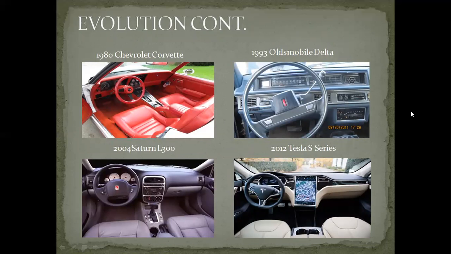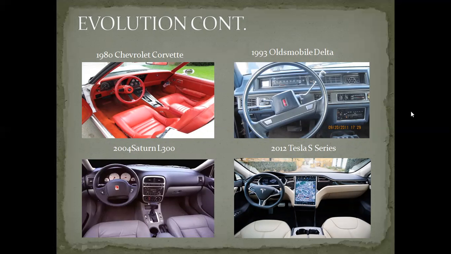So continuing with the observation of car dashboard evolution, in this daring Corvette interior in the first photograph, you can see a magnum opus of this era with an involved dashboard. In 1993, from the sporty to the standard, we can see a shift from style to comfort emerge. Air conditioning, cup holders, and speed gauges on the dashboard emerge as utilitarian priorities, as commuting to work and engaging in long road trips become the norm.